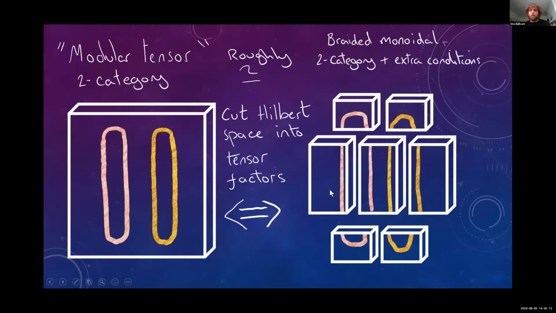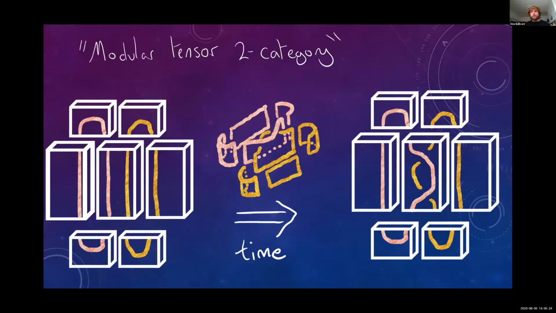I want to be able to decompose this into tensor factors and then describe this in a categorical package talking about local moves on these tensor factors. Okay, so when I just start saying that I want to decompose this, if I start by thinking about the Hilbert space of this 3-disk with a topological open string, for instance, in it, then the way that I want to package together my modular tensor 2-category